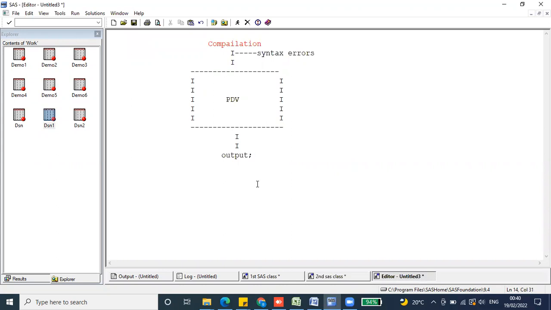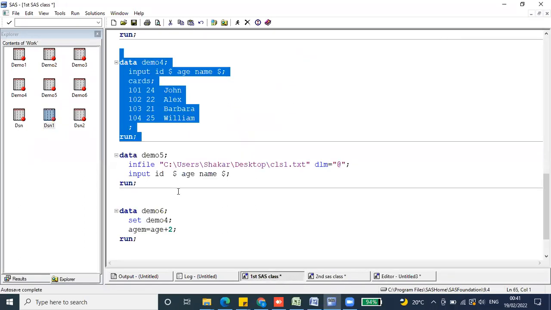So I'm just, yeah, this is the diagram of compilation and PDV and output method. So, and after that, I'm just using